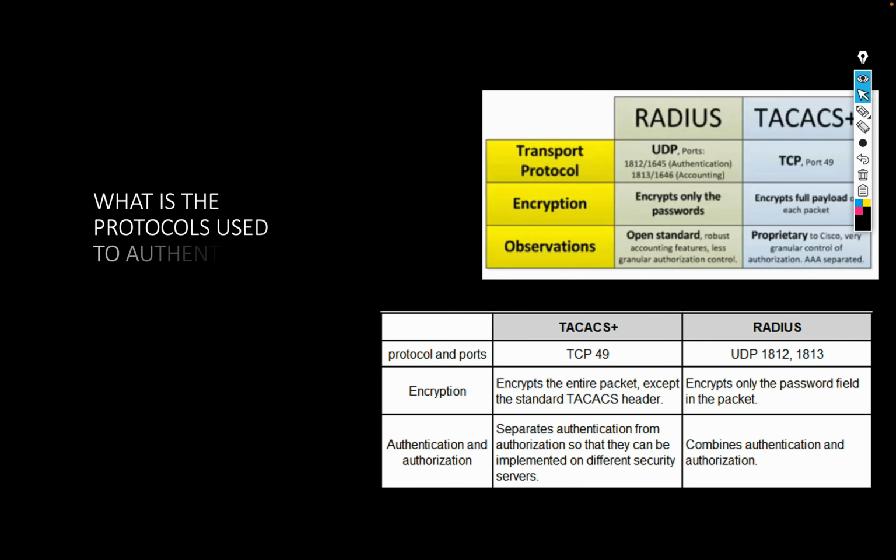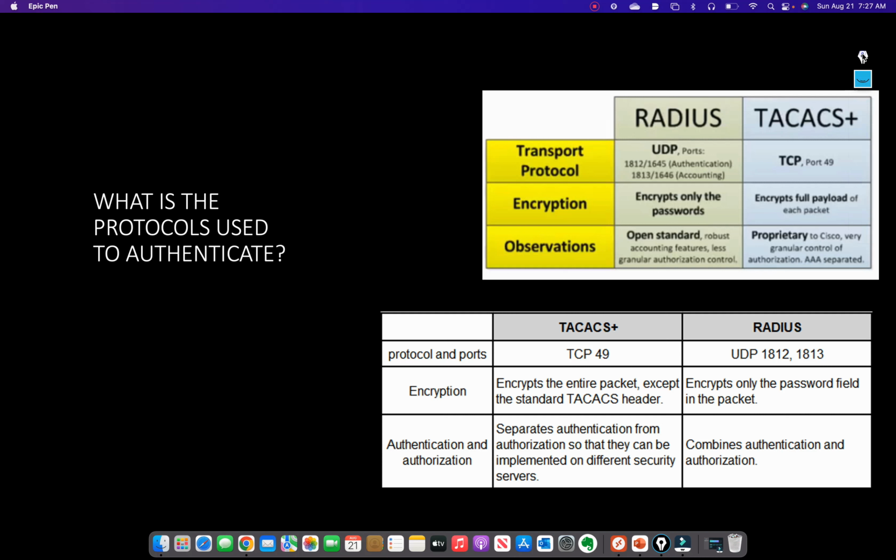And what protocols are used to authenticate? Basically, we have two protocols, right? RADIUS and TACACS Plus. I put it here because there are some differences between them. And the differences are on the screen, right? So TACACS uses TCP 49 and encrypts the whole packet, right? Except for the standard TACACS header, but the whole packet is encrypted. And TACACS